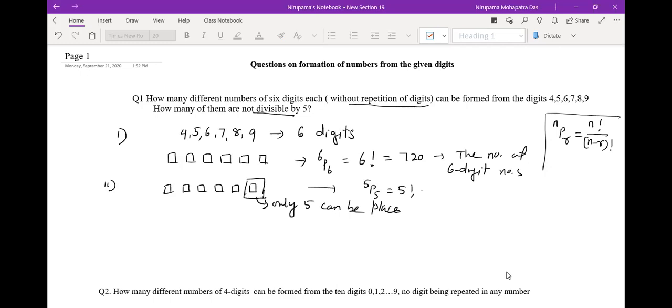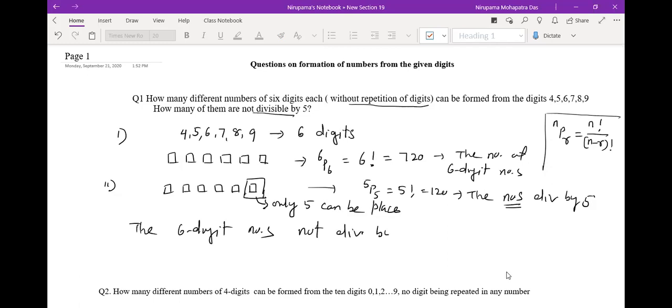This is 120, basically the numbers divisible by 5. Okay, so the numbers are 6-digit numbers only. In this case, the question is how many of them are not divisible by 5. So you can write here: the 6-digit numbers not divisible by 5 is